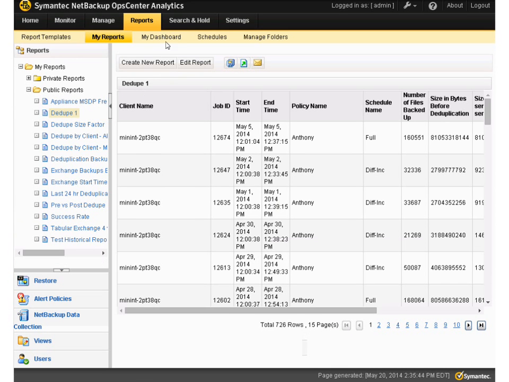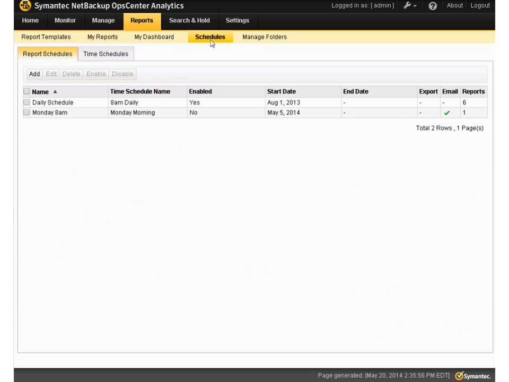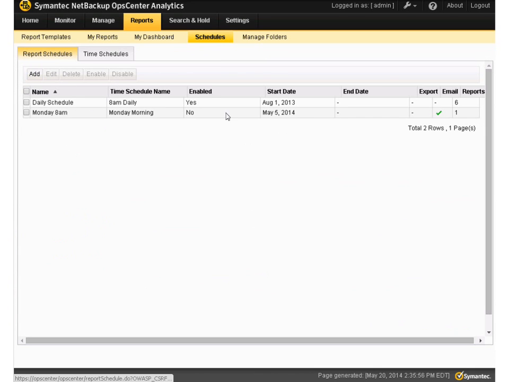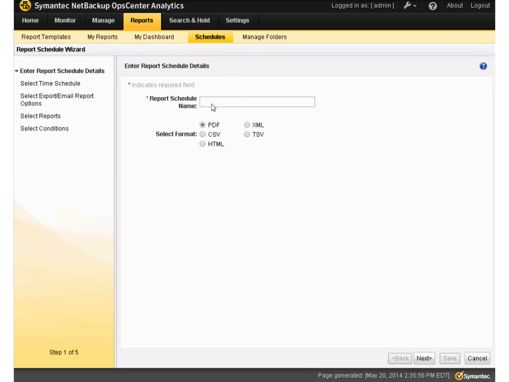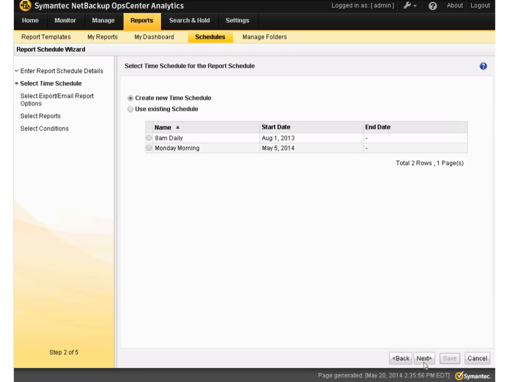But now we want to generate that report, say once a day. So what we will do is come to Schedules. You can see I have some schedules already defined here. This one is an 8 a.m. daily. This is just a Monday morning report. So I want to create a new report schedule. So call it something meaningful or not. And you can see the different formats again for sending the report. I want to create a new time schedule. And let's call it